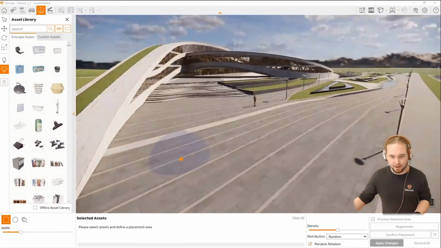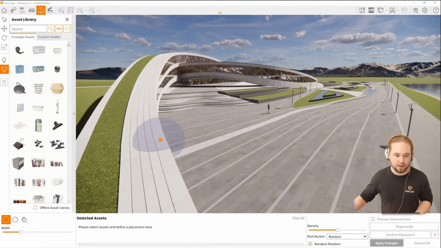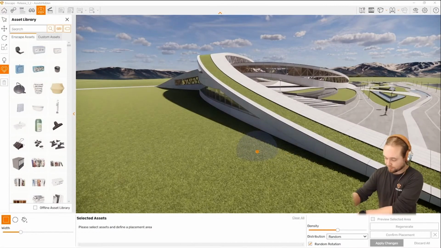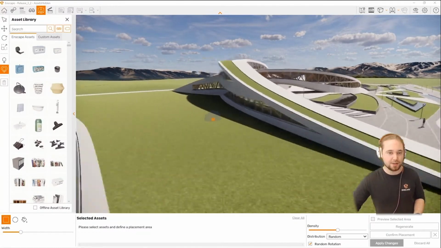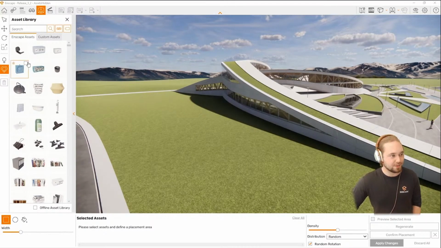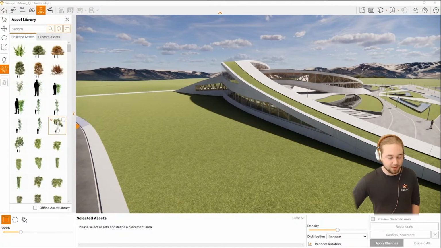selected. And actually, maybe let me go over here onto a grassy area, because I want to use this to place some trees, which, if you have done that manually so far, you know, can be quite tedious, because you did have to place every one individually or rotate them individually, and you can let Enscape do all of that now on its own. So let's go to this vegetation category, and you see our selected assets area is empty. So that's what I'm going to do first.